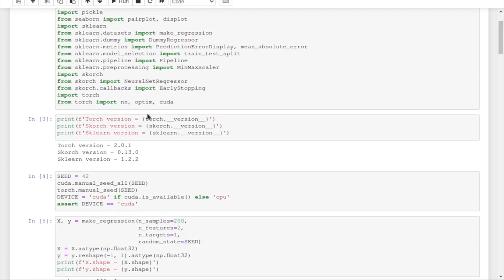Here are the package versions of pytorch 2.0.1, skorch, and sklearn. Those of you who have a version that's less than 1.2 won't have prediction error display, so please make sure that you have this package installed. Moving along,